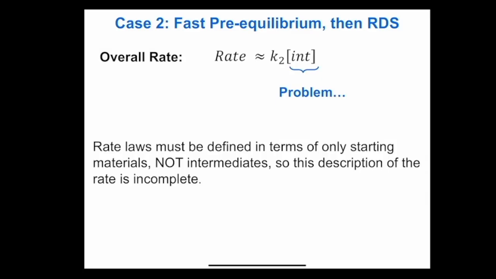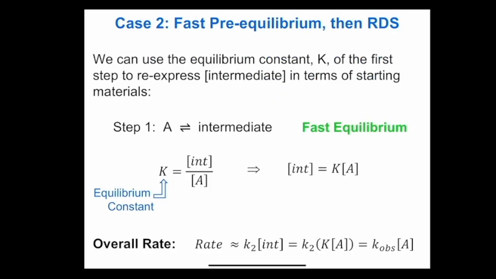So there are two simplifications we must use in order to deal with this. The first is we say, okay, I have no expression for the concentration of the intermediate. But I do know something about what it should be based on the laws of the system. If I know the first step is what gives me this intermediate, and the first step is an equilibrium, I have an equation from back in thermo to express the concentration of that intermediate. Remember, every equilibrium can be described in terms of an equilibrium constant,